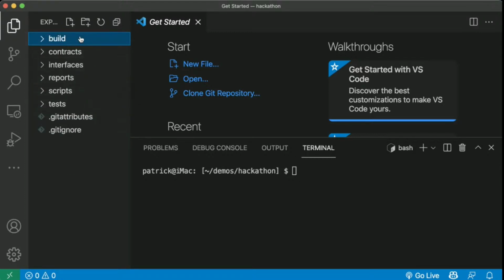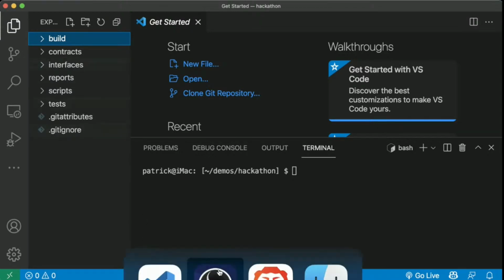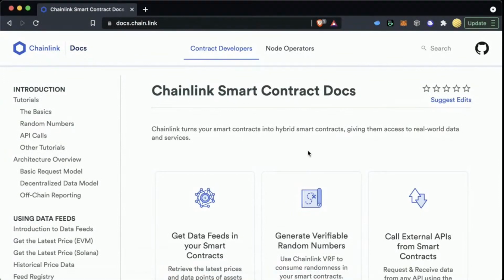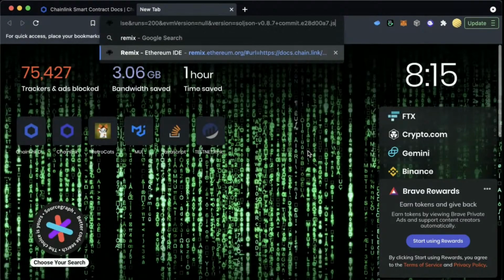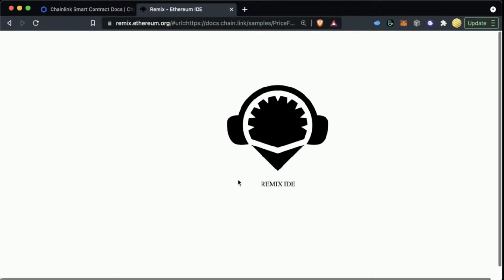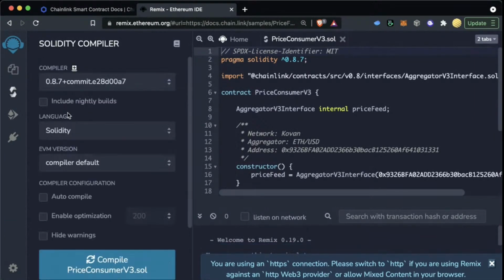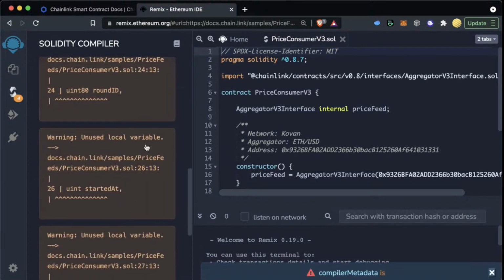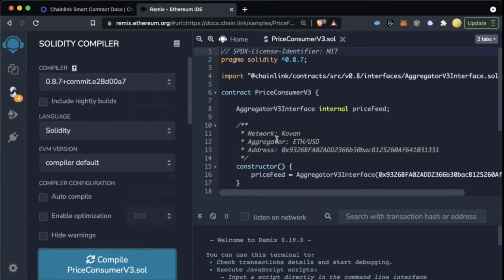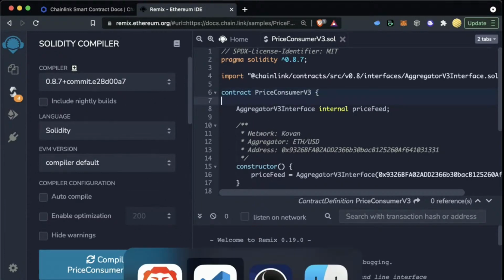Our first folder is this build folder. Whenever you compile your code, whenever you do anything in Solidity, like if we go to Remix, for example, and go to the Compile tab, behind the scenes it's taking this code and bringing it down to bytecode someplace in the background, so that it can deploy it to the blockchain.